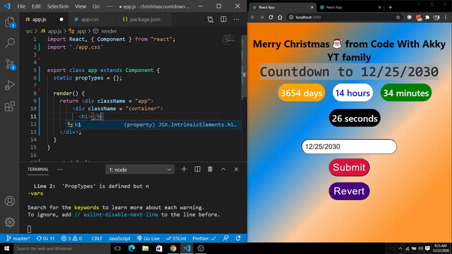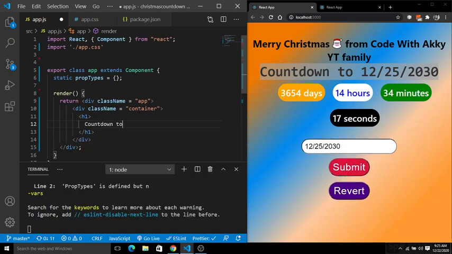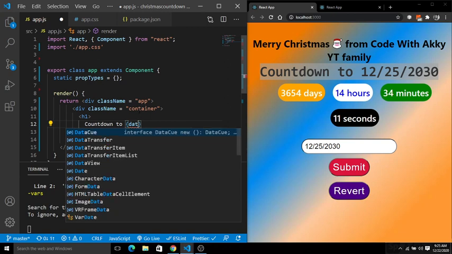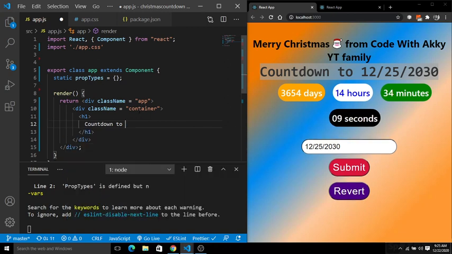You can see the countdown, so let it wrap inside an h1 tag. Inside this h1 we have the countdown, and we have a date here. Let it wrap inside round brackets.